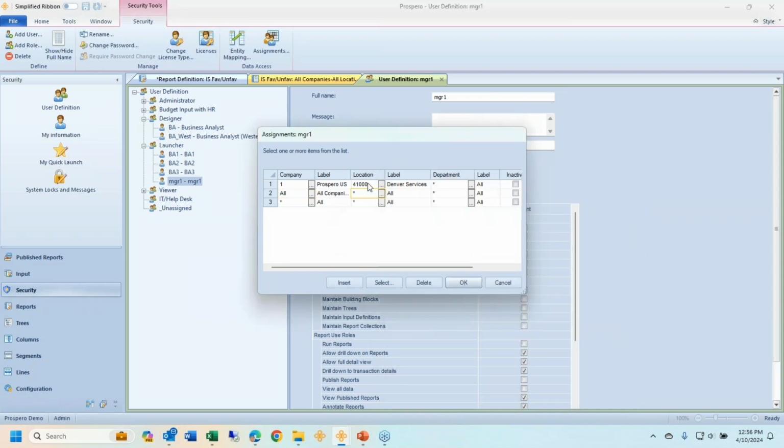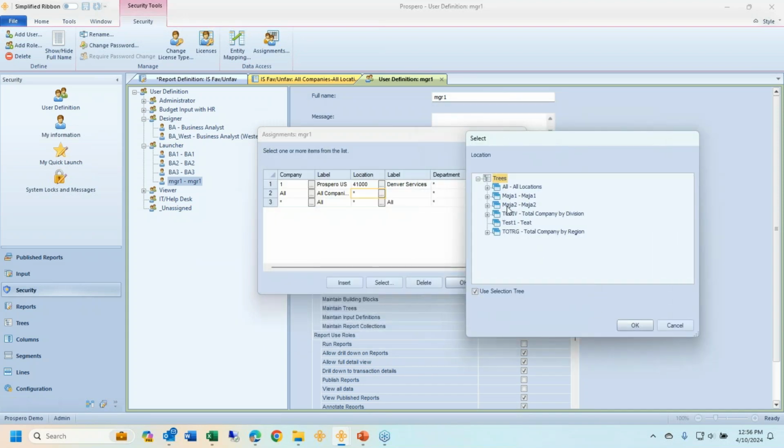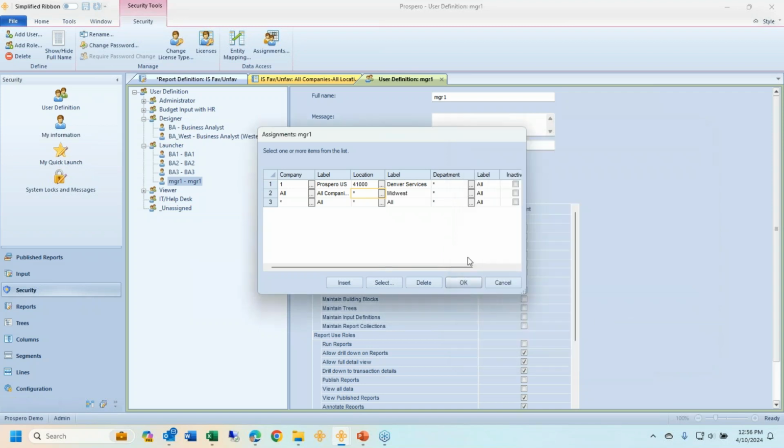Going to the right, this is a single location, 4100 for Denver, but here is maybe additional trees because I have a regional tree. Maybe Derek's in charge of the Midwest locations, which all those that begin with a 4 series, which means this tree, I do not have to update and maintain as new locations with a 4 prefix get added, and I'll just use that as an example in the 2nd line that they're in charge of all